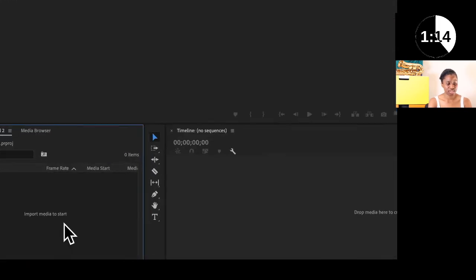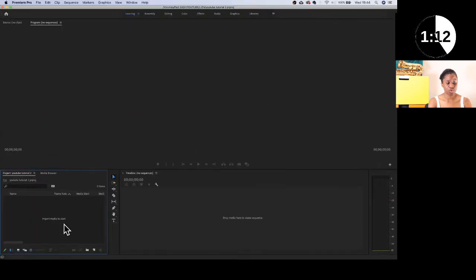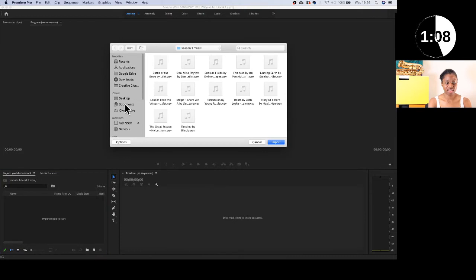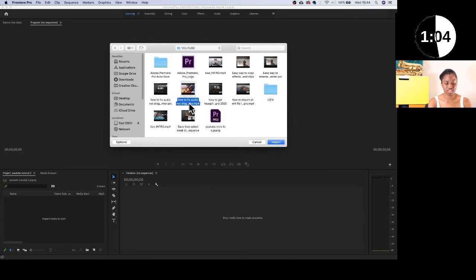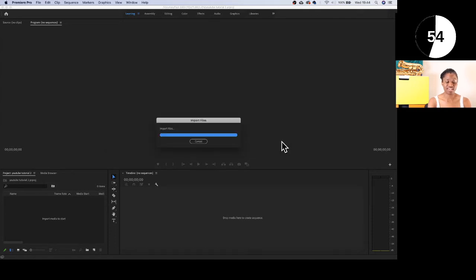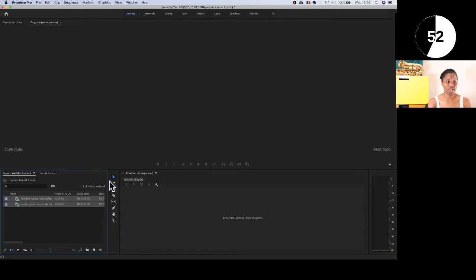So you want to get to this bit there, right click, click on import and then just choose whichever file or folder you want to get your clips from. I'm going to choose this. If you want to just tick one thing, get that and then you can import it. If you want more than one, you can highlight all or press shift and click several. Import, done. Bob's your uncle, one way to import, and I've got 52 seconds left, so I'll show you 2